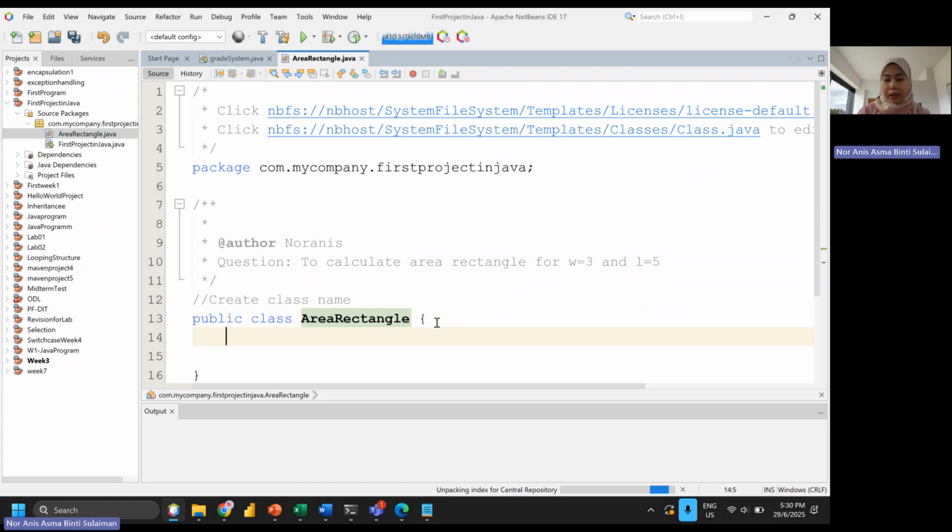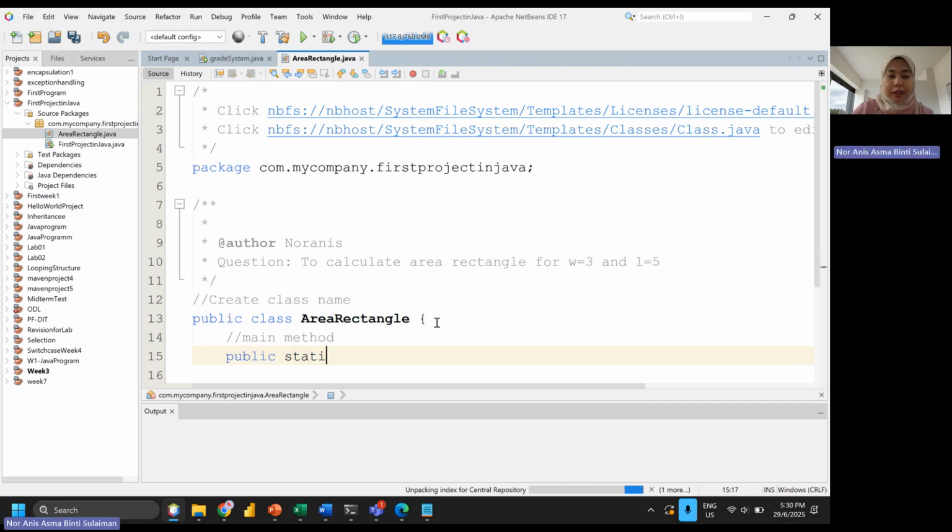Okay, so after that, the second thing you need to do is create the main method. The main method starts with public static void main. In the brackets is a String argument. We have 3 types of argument in Java: one is process, the second is input, and the third is output.